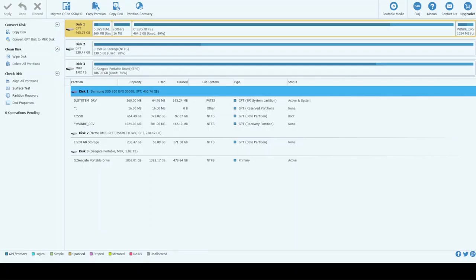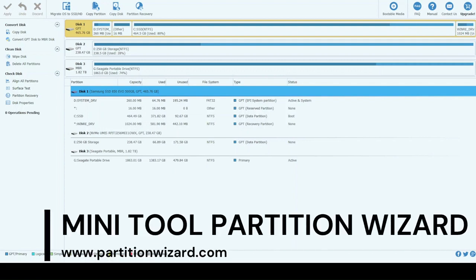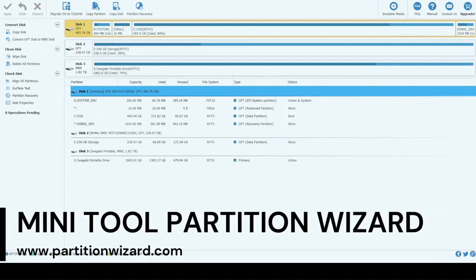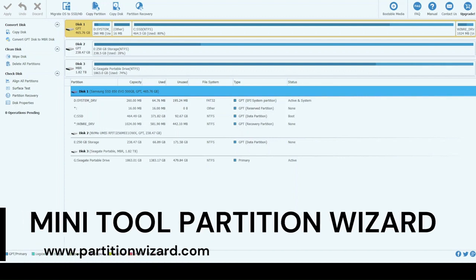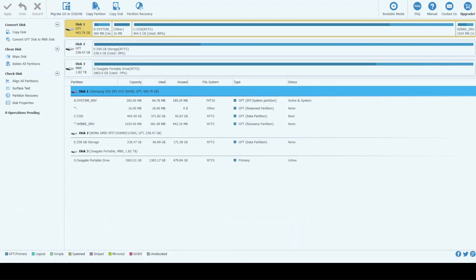Okay, so the next program is called Minitool Partition Wizard, and I absolutely love this app. This is a must for anybody in the computer repair field like I am. I run a part-time IT business for those who are familiar with me. This program runs much faster than the standard stock partition program on Windows, and it also does a lot more as well. Like you can migrate your OS to another